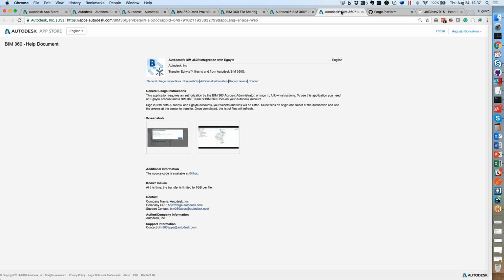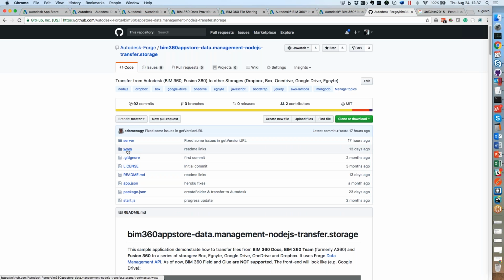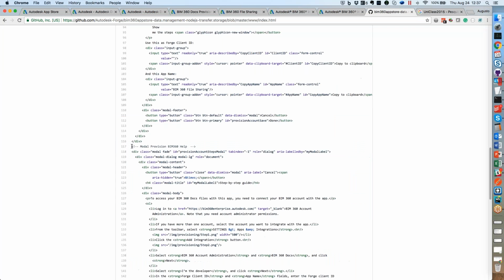If you navigate to this file, there is a modal using Bootstrap that is showing the BIM 360 provisioning, and another modal in Bootstrap showing the steps, right? So here is the HTML, and the only thing on this HTML that is not